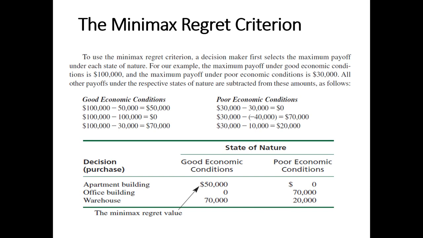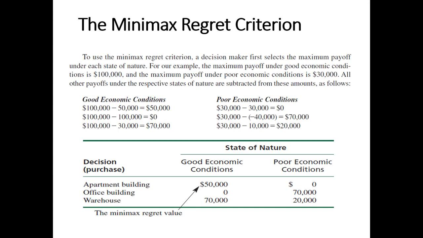We select the option that gives us the maximum profit, and that becomes our benchmark, and we subtract the actual values from the highest. So in the case of apartment, office and warehouse, if the economic condition is good, $100,000 is the maximum profit. So we subtract the profit from each option from the highest value. Here we get 50,000, then 0, and finally